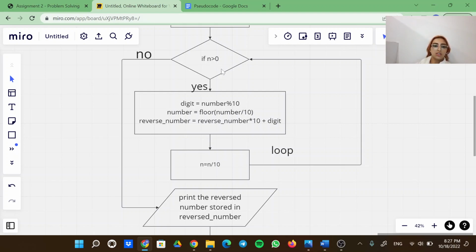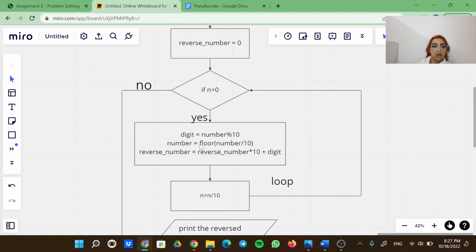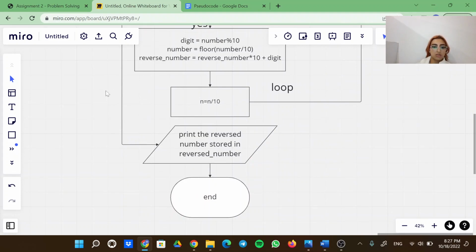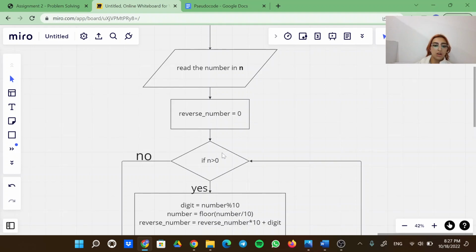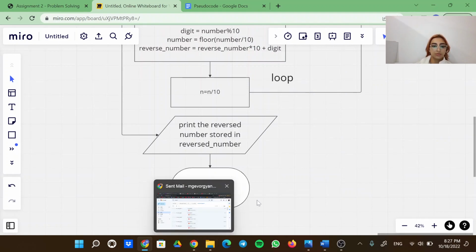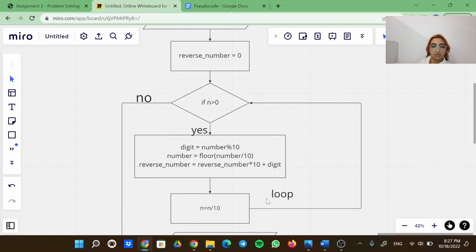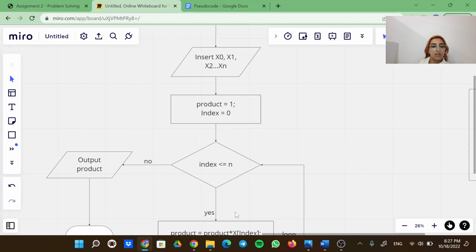If the n is bigger than 0, then the loop continues until all the digits are written, then it prints the reverse number stored in reverse number. If n is not bigger than 0, it's going to print anyway. If the number is 0, it's printing 0 from the start. Or if the number has only 1 digit, the loop goes one time, then comes here, and the